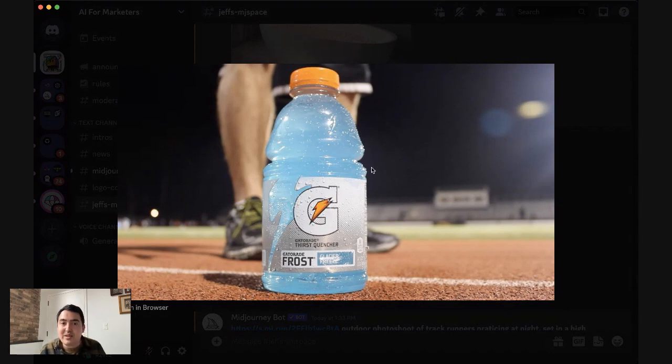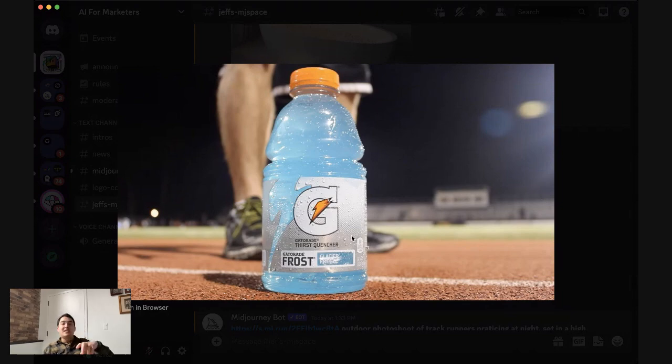But in this example, I just wanted to show that this is probably a photo that you could take, right? That's why I picked this image. You could probably take a Gatorade bottle and bring it out to any setting that you want, the back of your house, your local school, football field and track field, and put it on the ground and take this picture. There are some lighting issues that clients would definitely call out about this Gatorade bottle, and it doesn't necessarily read hero product for an ad, but it's close enough to get us started.